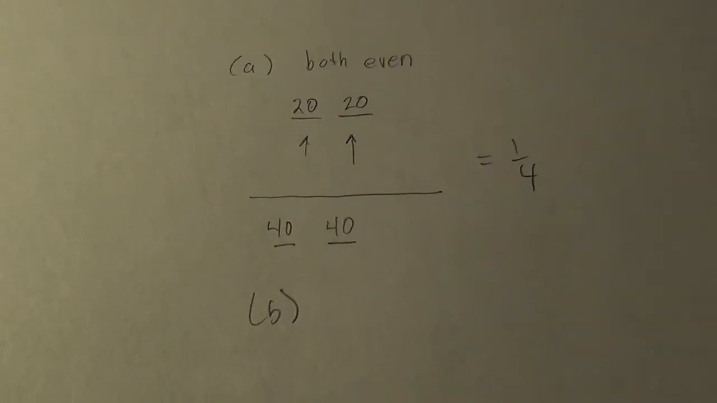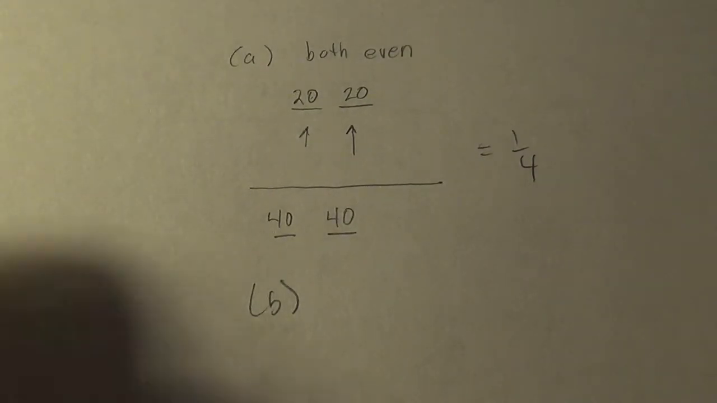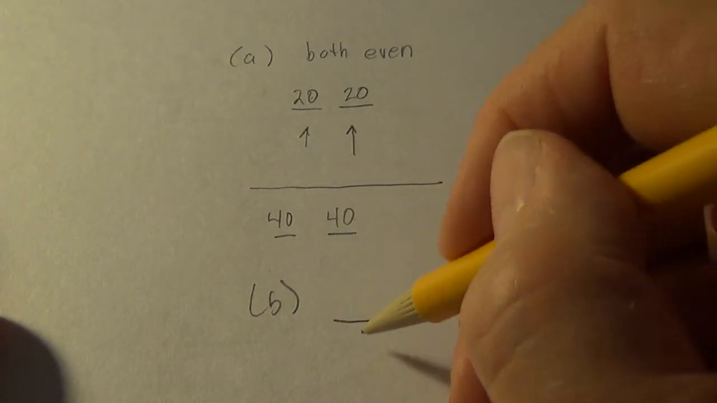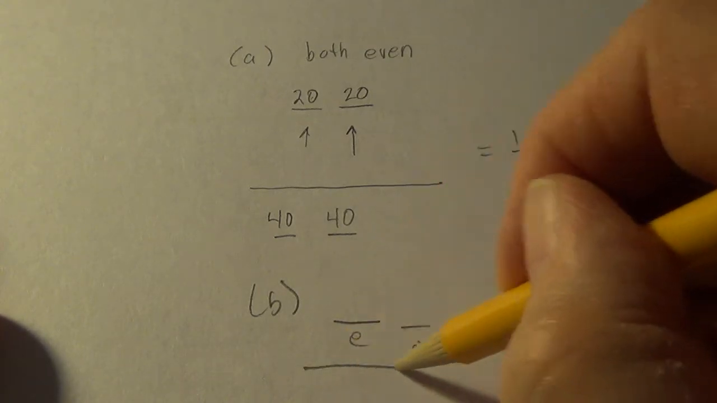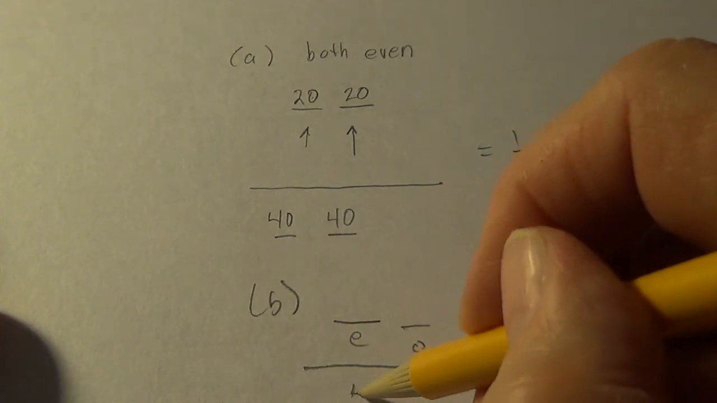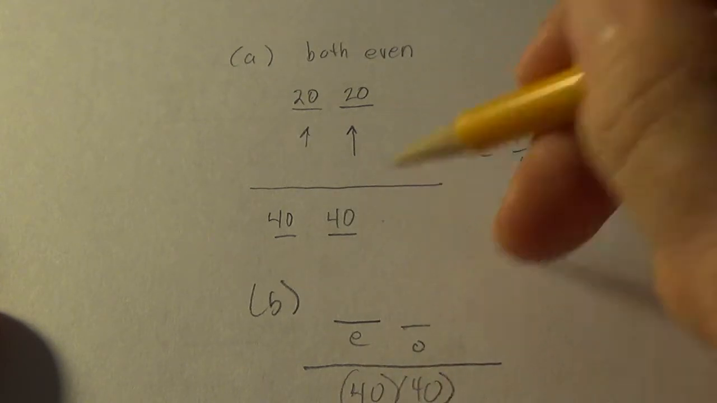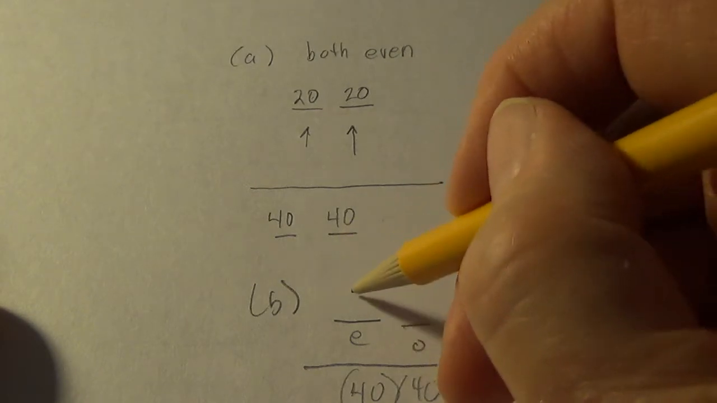Alright, part B. On part B, they asked us to say one number is even and one is odd. So say the first one is even and the second one is odd. The denominator, the number of all possible ways, is 40 times 40. We already discussed the denominator. So the numerator, how many possible ways can we get an even number